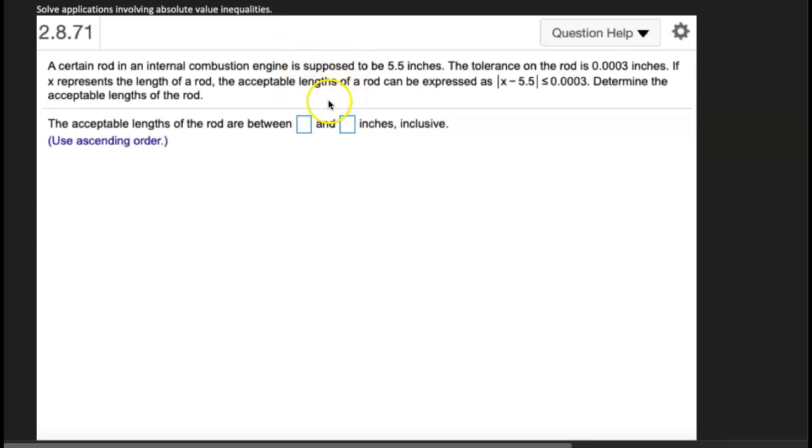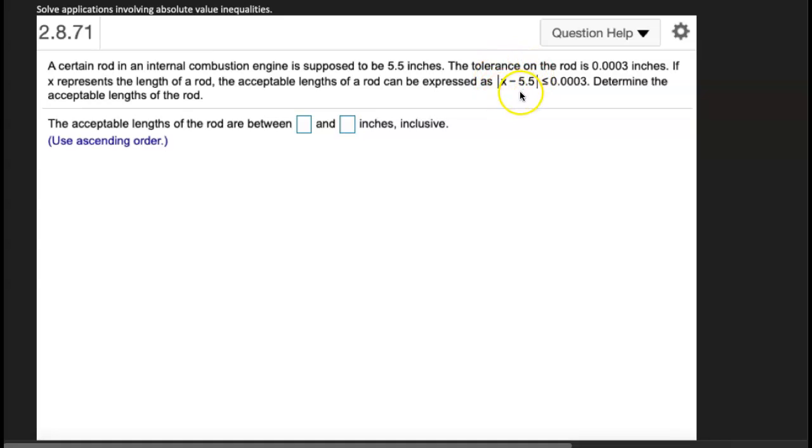Here we have an application problem where we're asked to essentially solve this absolute value inequality. That's already been set up for us, but by solving it, it will help us determine the acceptable lengths of this particular rod. So to solve an absolute value inequality or even an equation, I like to remember that what's